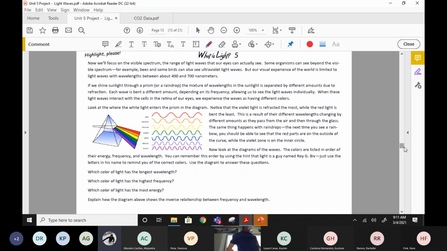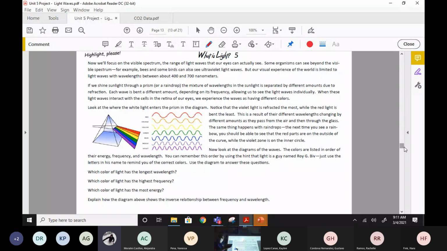We can also do that with another device called a diffraction grating. So here's what's happening. For both of them, you can see it in the diagram. The white light comes in at one angle, and when it comes out, the light has been bent. And it turns out that the amount of bending of the light depends on the wavelength and frequency. So as you can see, the purple light has been bent towards us more than the red light. And that's why the white light separates out into the whole spectrum.